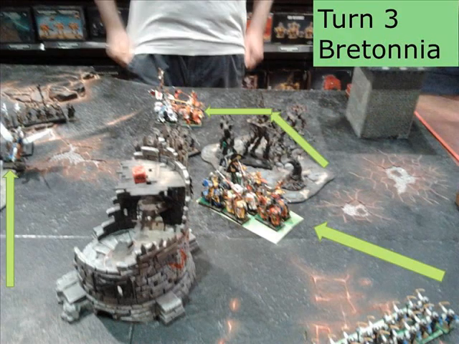And we go into turn 3. So what I decide to do here is, with the knights that were facing the Treemen, first I check leadership, so I was able to march, and I decide to escape from the front of the Treemen and go to try to haunt the Glade Guard with the Sorcerer. So the objective is to attack the rear of the Wood Elves and try to kill the bunker of the